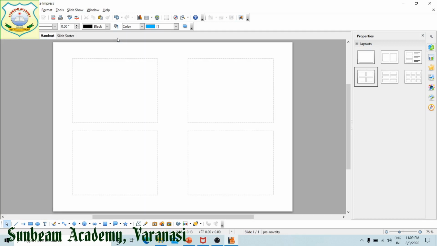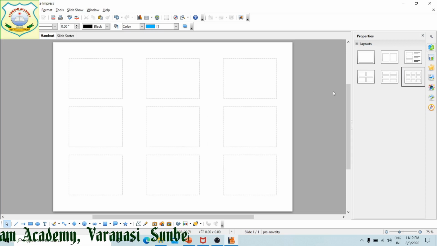Handout means whatever the slides you are having on a page, you will have four, you can take 6, you can take 9. It's a small miniature form of each and every slide. Suppose your presentation is having 18 slides, then if you are going to take 9, so onto 2 pages you will get the summary of those slides. Into one page of 6 slides, so that whenever you are going to provide this page to the viewers, they can understand the thing, and while presenting they can understand the matter easily, right? Next is your slide sorter view.